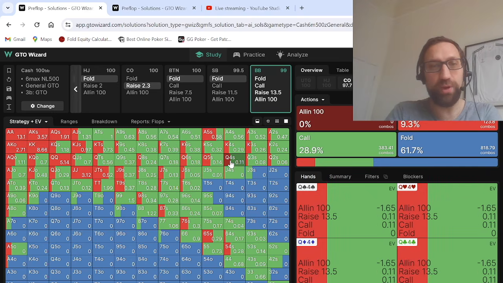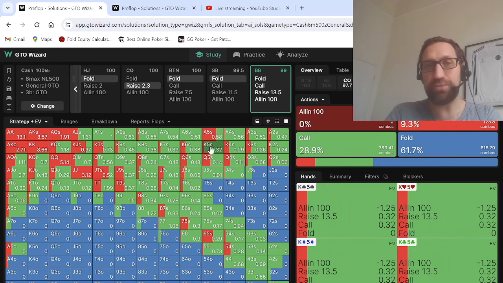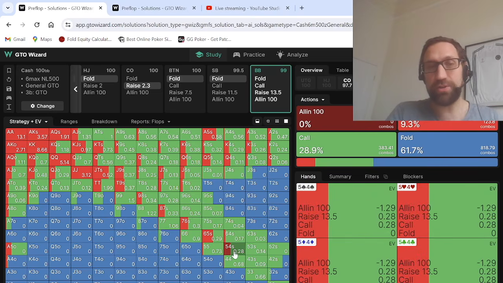Don't 3 bet too much, but don't 3 bet too little. Most players actually forget, especially in the big blind, to find the bluffs to 3 bet with. Especially these hands like the suited connectors, they